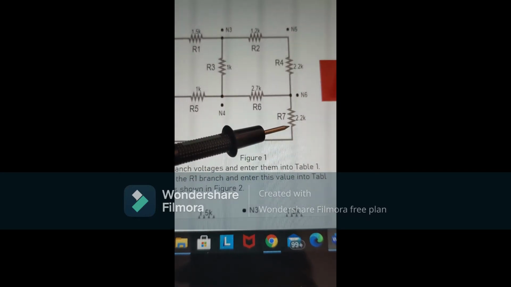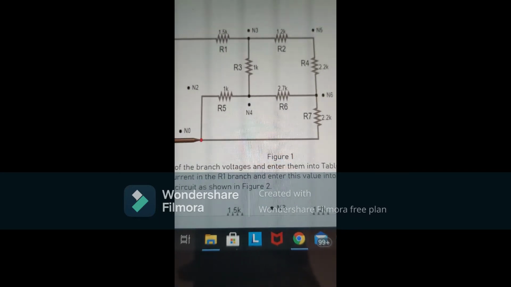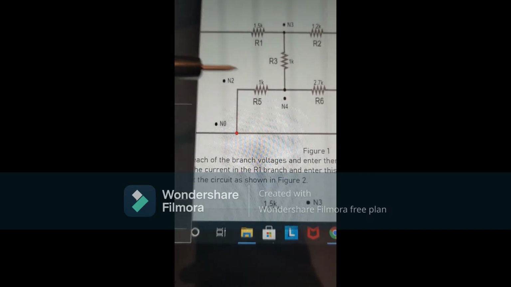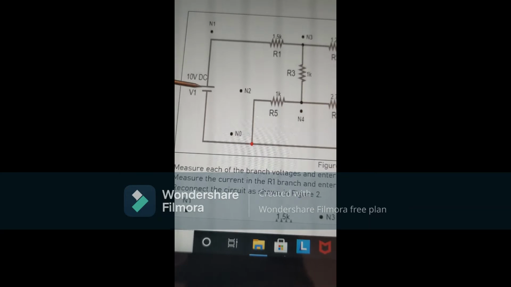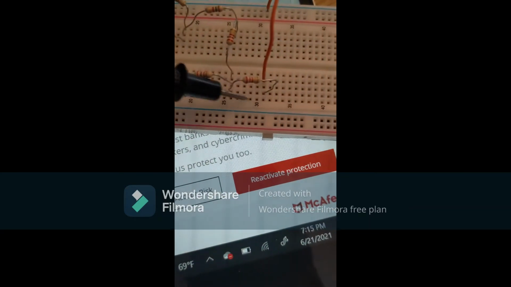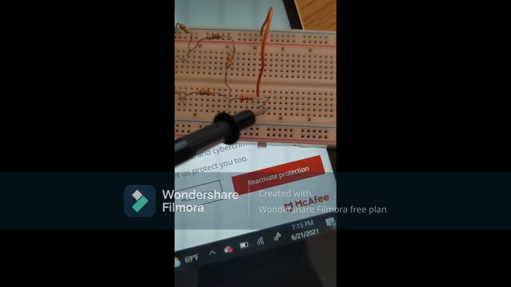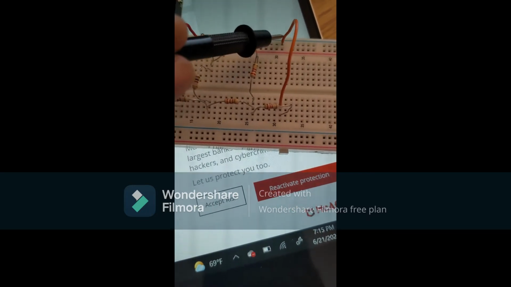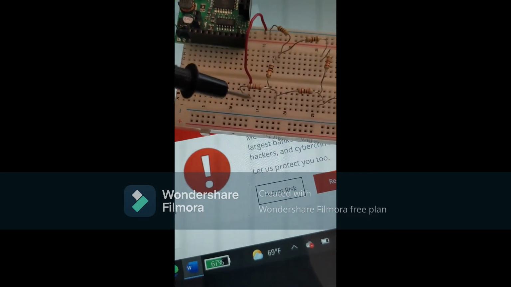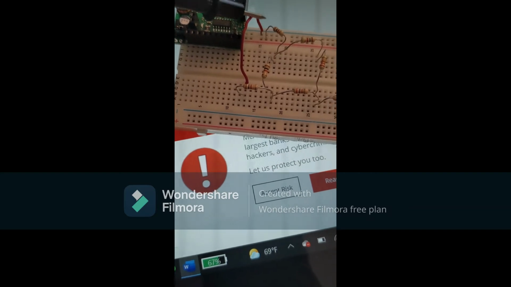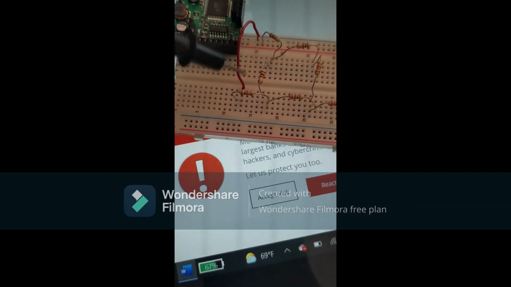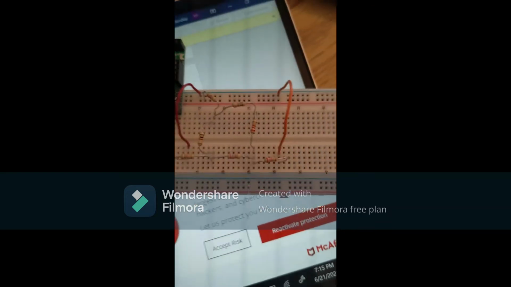Similarly, this 2.2 k, the other leg is going to the ground. So that's what we do. This 2.2 k, the other leg, should be grounded with one cable. Similarly, this 1 k is also grounded with this wire, brought down to the ground. All right,